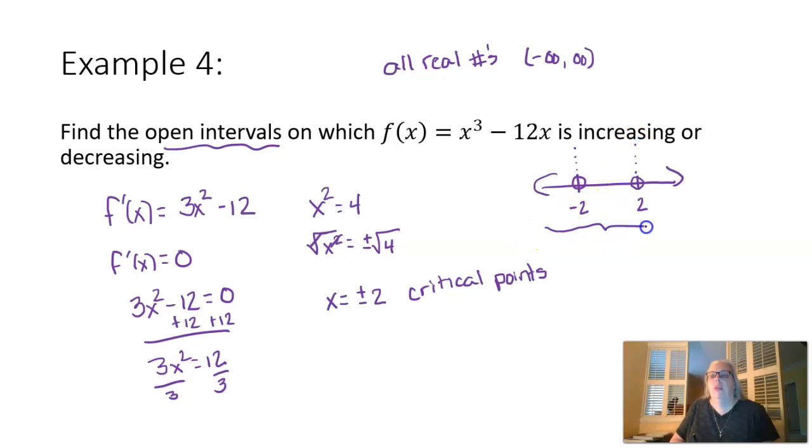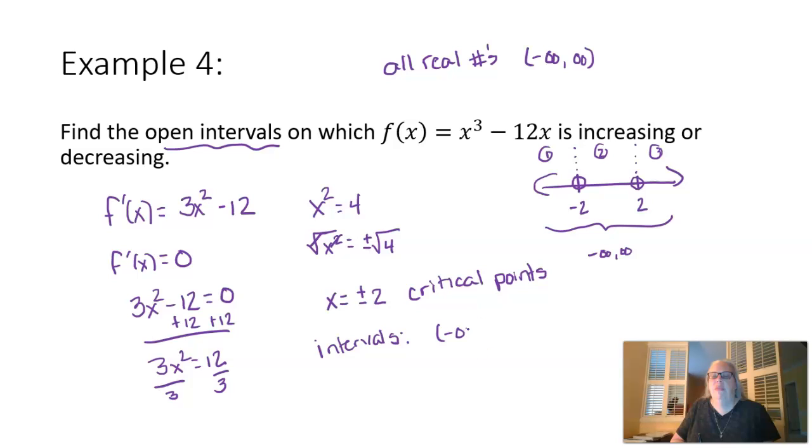Well, remember, the whole thing went from negative infinity to positive infinity. Now I've got my critical points involved. That means I have an interval here that goes from here to negative 2. I have an interval here that goes between these two, and I have an interval here that goes from there to there. And so my intervals, now I'm going to name them,